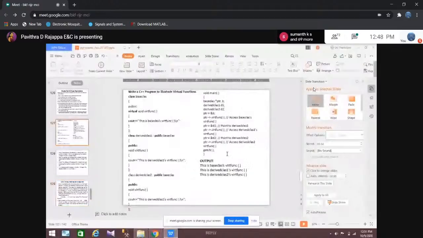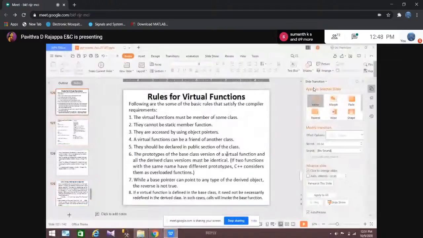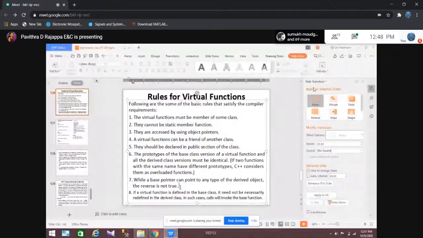So here, while a base pointer can point to any type of derived object, the reverse is not true. That means the pointer variable we created is for the base class, and it can point to any type of derived object, but the derived object's pointer variable cannot be used like that. The reverse is not true means if I create a pointer variable for the derived class, that cannot be used to access the virtual function of the base class.